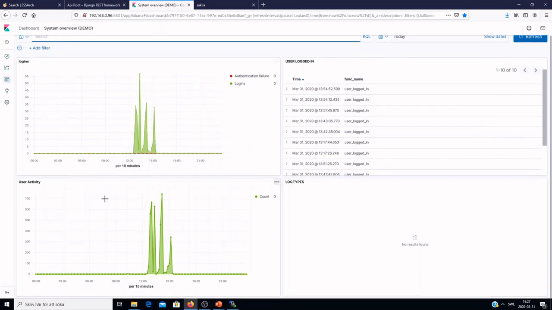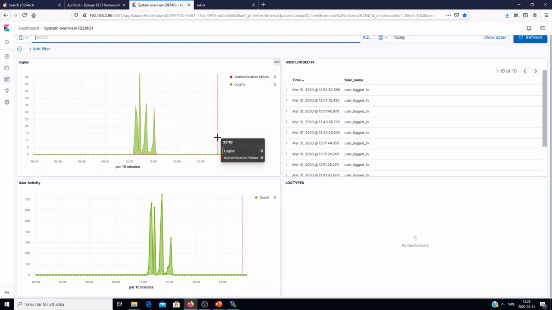I have one dash here of just general user activity, like when is people using the system. This can be very useful to have a look at. For instance, if we have a peak of usage during midnight on Sundays, maybe we should be alerted that something isn't quite right. And the same goes for if we have like 1,000 of failed authentications, maybe we should have